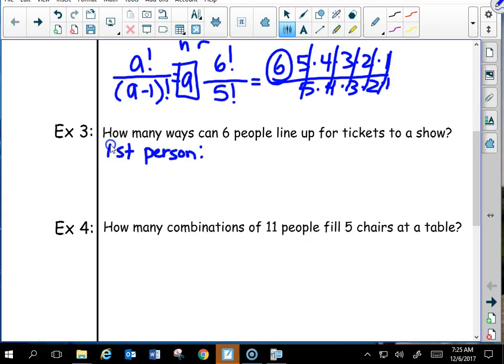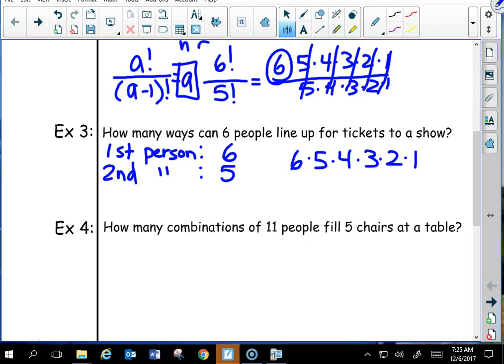we pick from 6 people. Okay. So we pick that first person from 6 people. We have 5 people left. Second person, we'll be picking from 5 people. And the third person, we're going to pick from 4. So to answer this question, we're just going to take 6 times 5 times 4 times 3 times 2 times